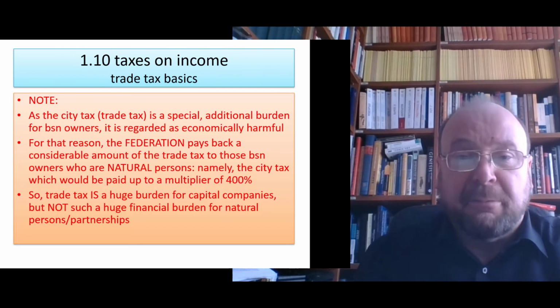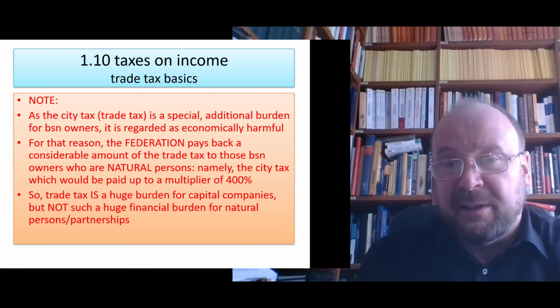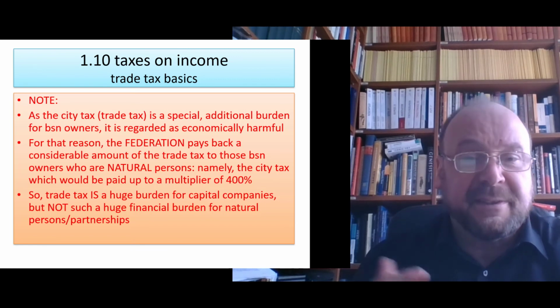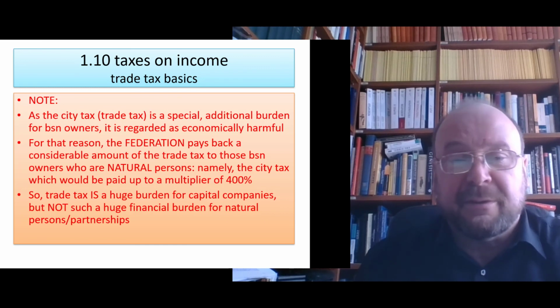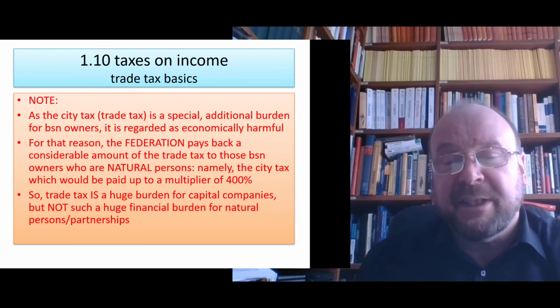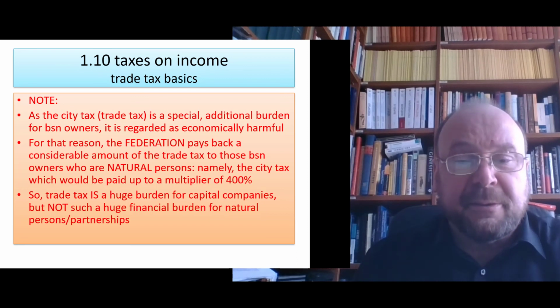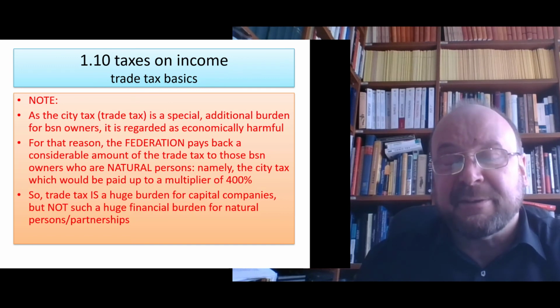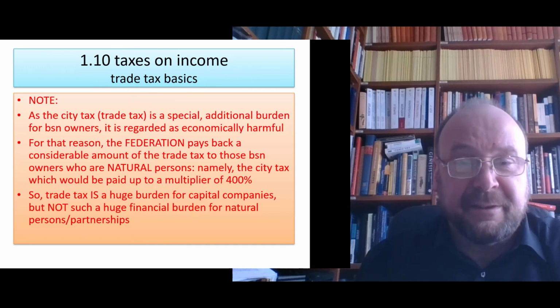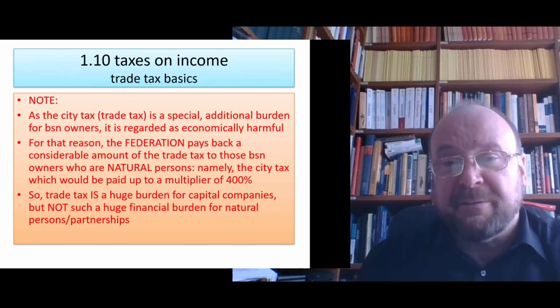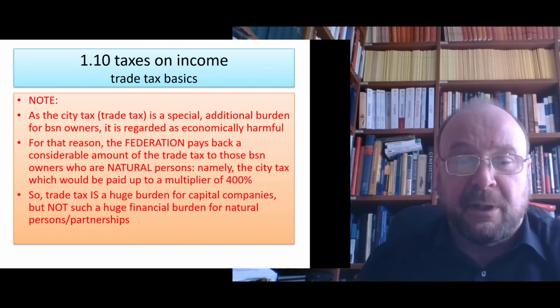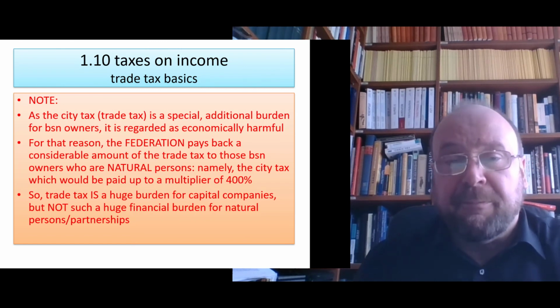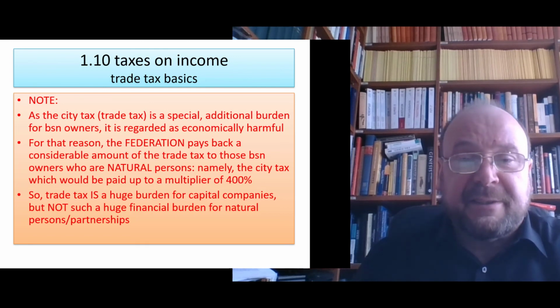And naturally, many cities now have ended up with 410%, 417%. Due to the COVID crisis, probably in the long run, the rates are going to increase again. So you will probably end up with a small amount of trade tax, which really ends up as a definitive fiscal burden, which you have to finance on your own, even if you are a natural person. Well, this shall be enough for trade tax.